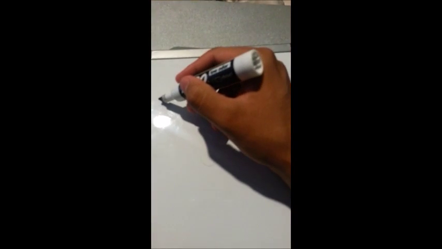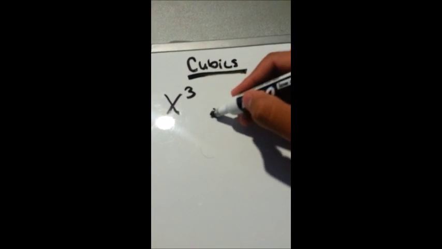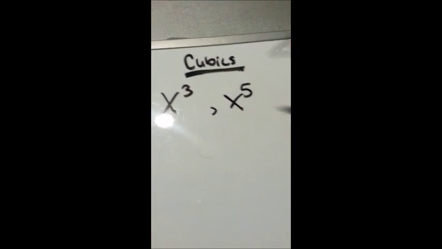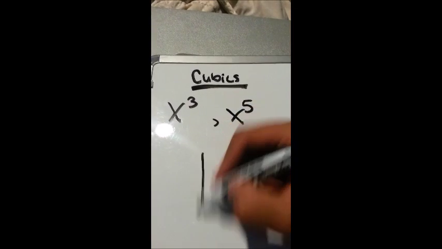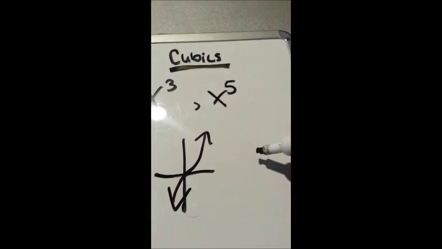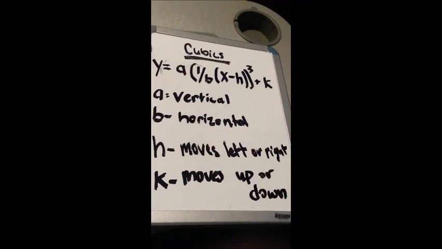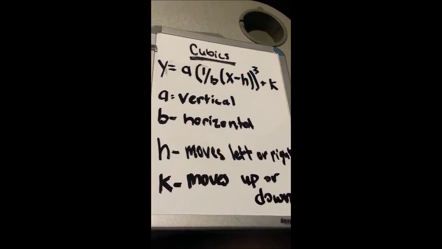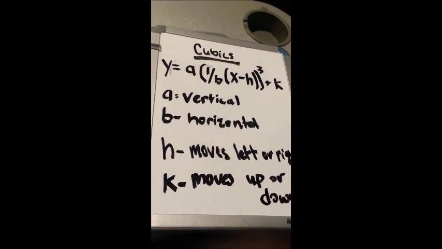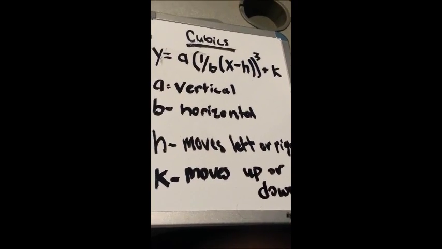Cubics. Cubics are something that looks like this. So on a graph, they're going to look like this. In cubics, you must know that there is an A term, a B term, an H term, and a K